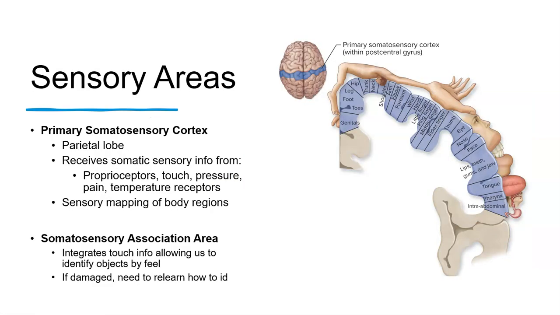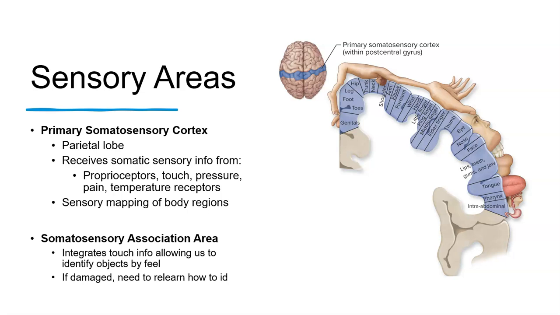Now let's take a quick look at some sensory areas. We'll begin with the primary somatosensory. Remember, somato means of the body. Sensory means to bring information in, to detect a stimulus. So this is located in the parietal lobe, and it receives somatosensory information from proprioceptors that monitor position, touch, pressure,